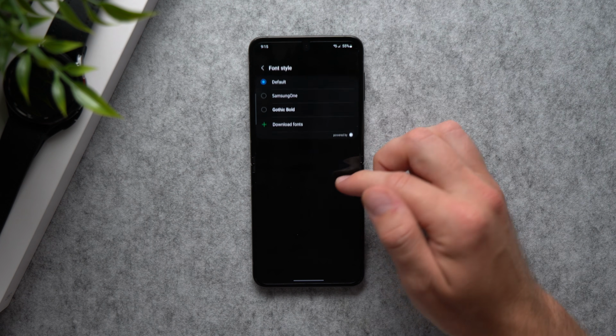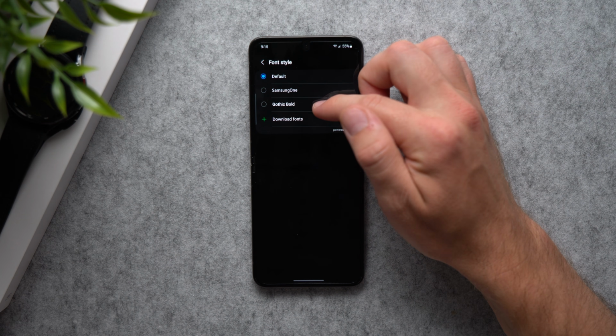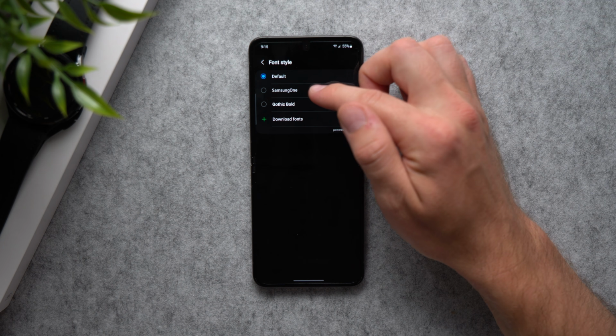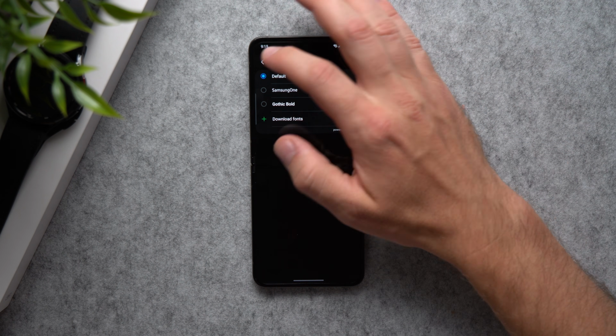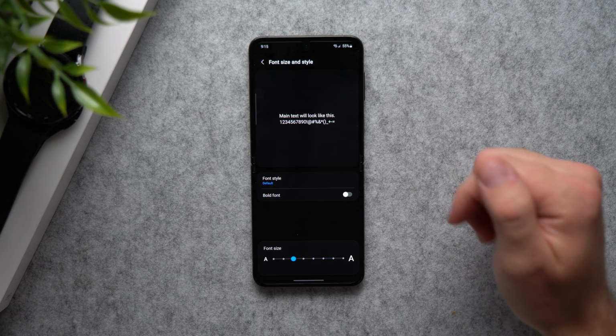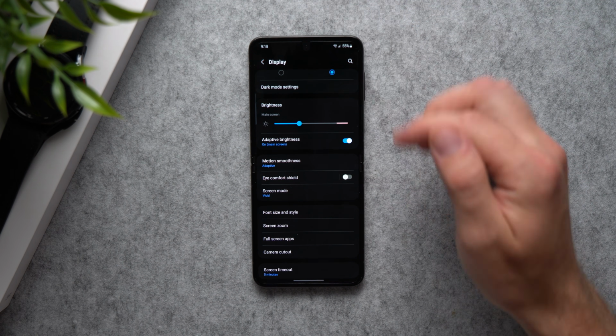And then here you can go to font style, and you can change the style of the actual font on your phone's system. So you can change between these two, but if you want more, you can even download fonts and have some really funky looking fonts if that's what you want. I'm just going to leave it at default, and then we're going to go back to display settings, and we're